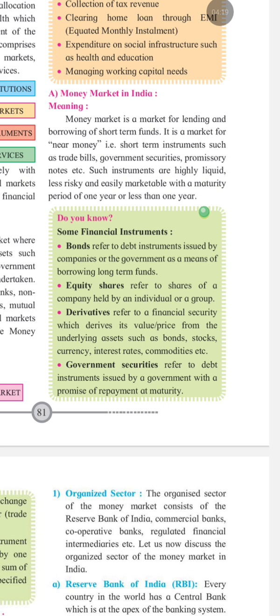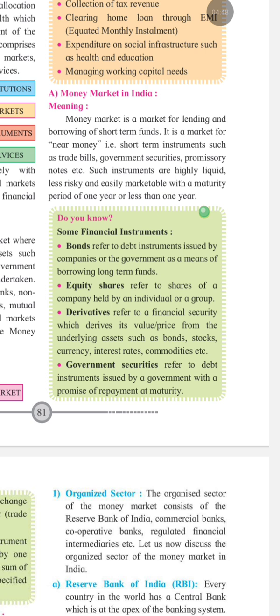Students, the words 'money market' themselves give us a clue. It is a market of money. So it is related to money, but not for a very long period. Money market is a market for lending and borrowing short-term funds. Short-term means a period of 1 year or less. Whenever banks, companies, or even the government need money for a short duration, they use the money market.